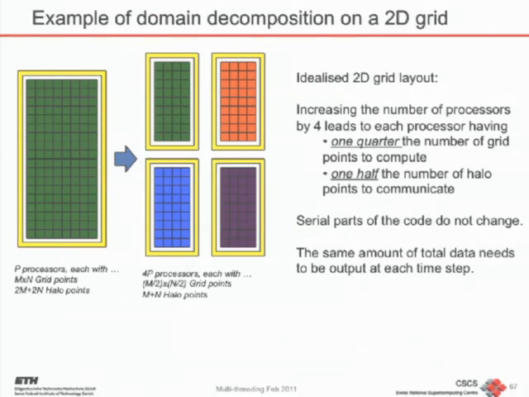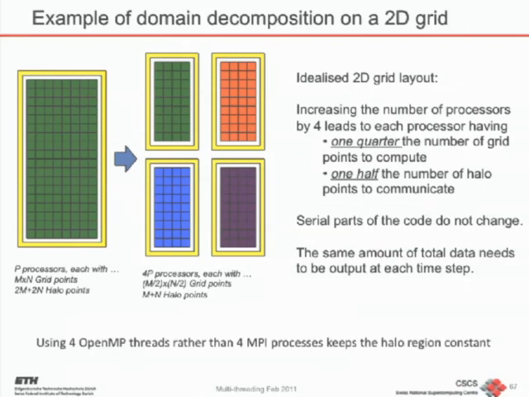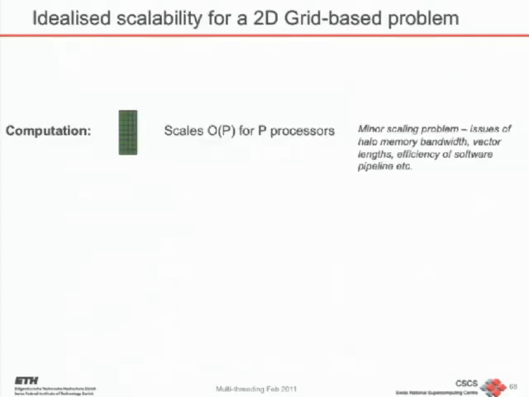Serial parts of the code don't change. And we assume that for the I/O, the same amount of data for the whole problem is going to be output at each time step as well. So using 4 OpenMP threads rather than 4 MPI processes will keep that halo region constant. We wouldn't increase the size of the halo region, the memory accesses, and so on. And so, ideal scalability for a 2D grid-based problem on P processors: